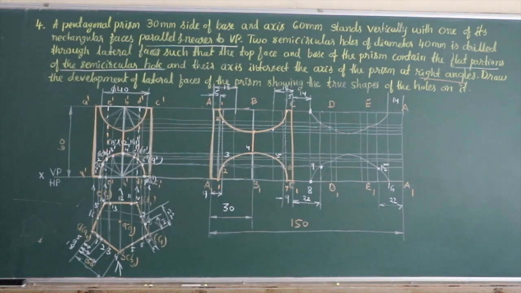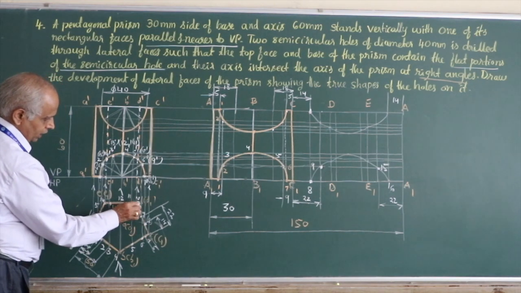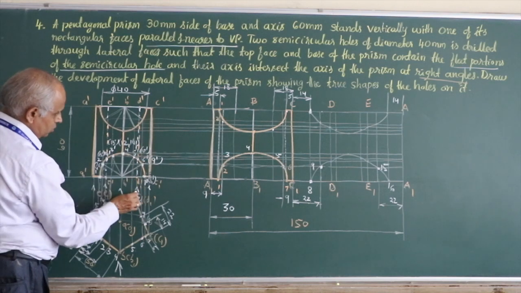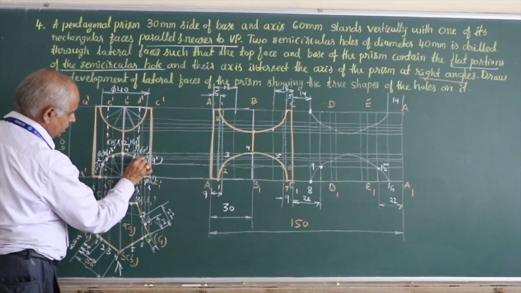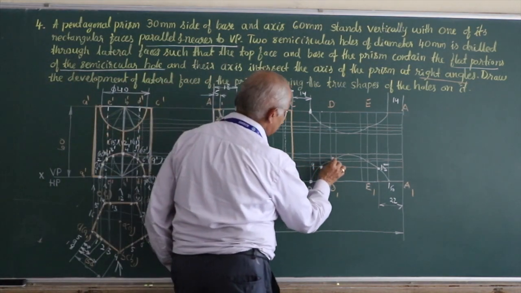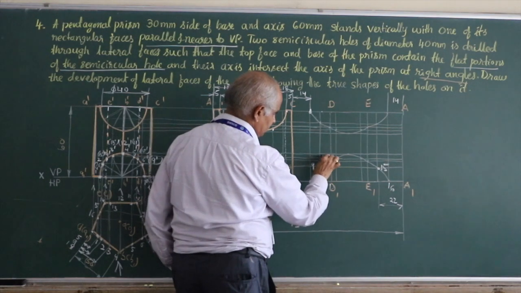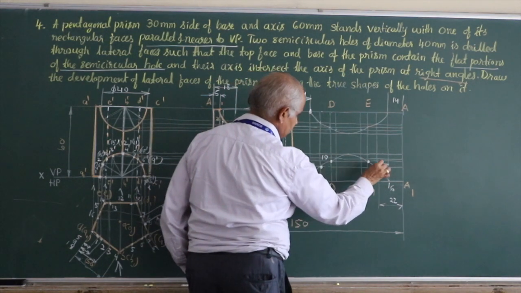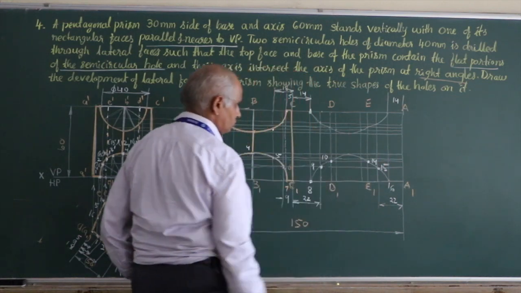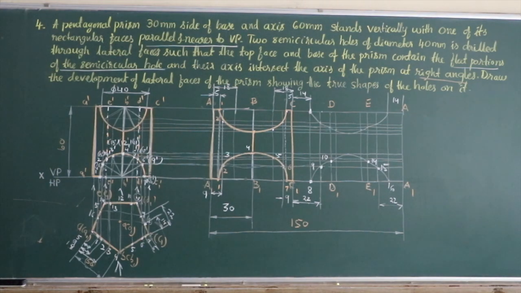Next, if you proceed further, 8, 9 is over, section point 10 is on the invisible edge DD1, so that is 10, you directly project it. So if you directly project it here on the edge, I get 10, and by symmetry this is 14. So those two are over.